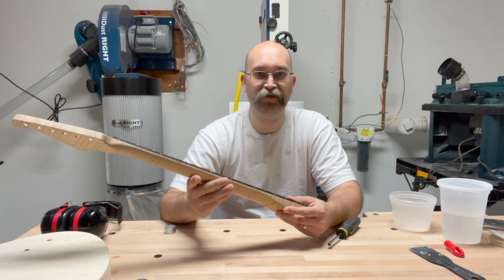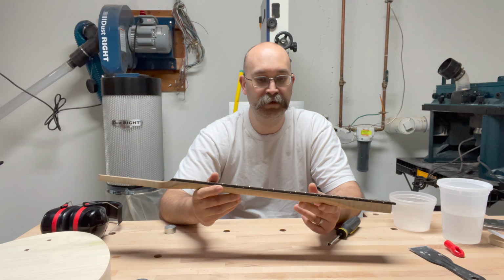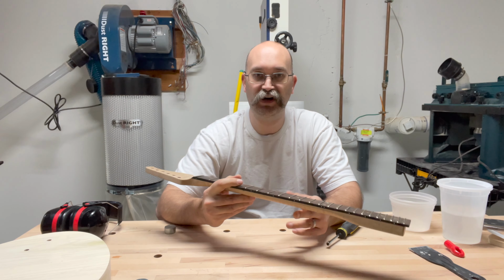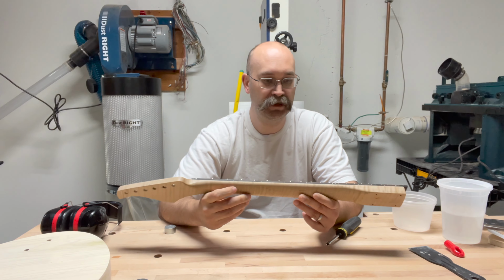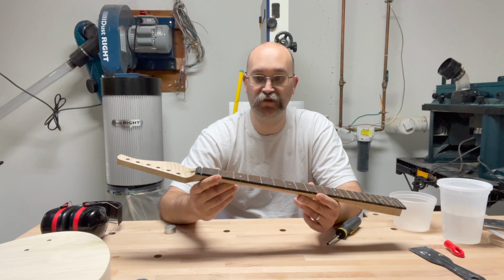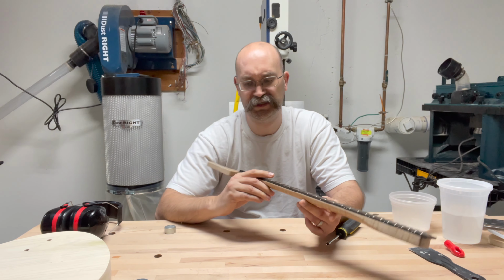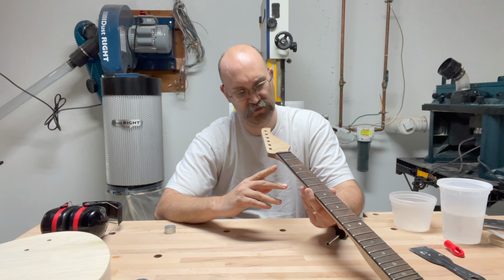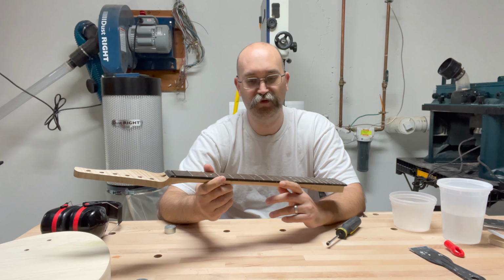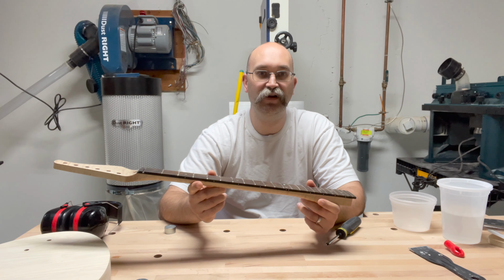And as I've been waiting for the lacquer to dry on my build-off guitar, I figured I'd just take a look at the neck, make sure everything is working out well. And so one of the things I want to do is check the level of my neck to see if I need to make a truss rod adjustment. And so as I was going through this, if you've ever tried to do this adjustment on one of your